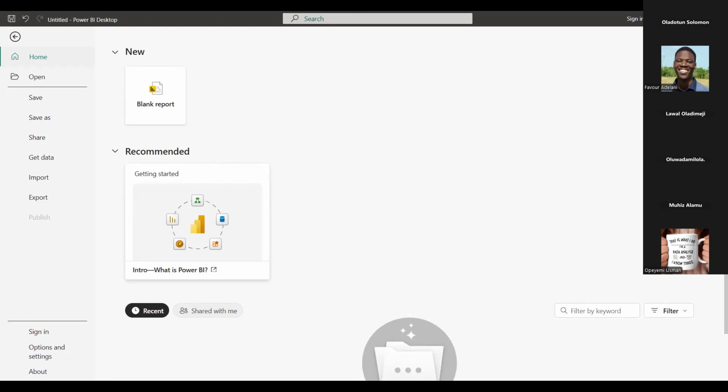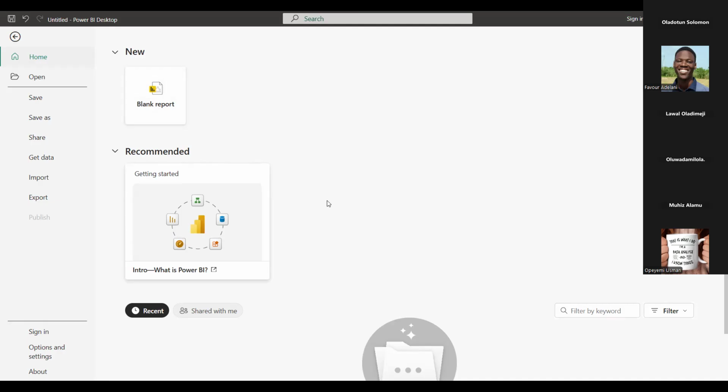Okay. Now, if you notice here, when we want to create a blank, Power BI is saying blank report. It's not saying blank dashboard. And what we have come here to do is to build a report. So now, let me tell us the difference between a report and a dashboard, if that is fine by us. Basically, it's very easy to confuse a report and a dashboard. There are a few similarities between them, but I would just like to differentiate them.